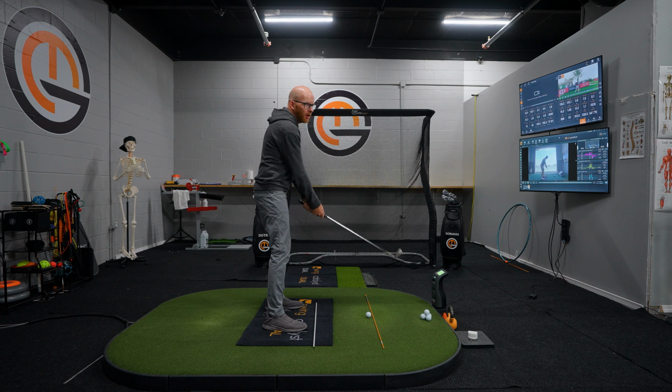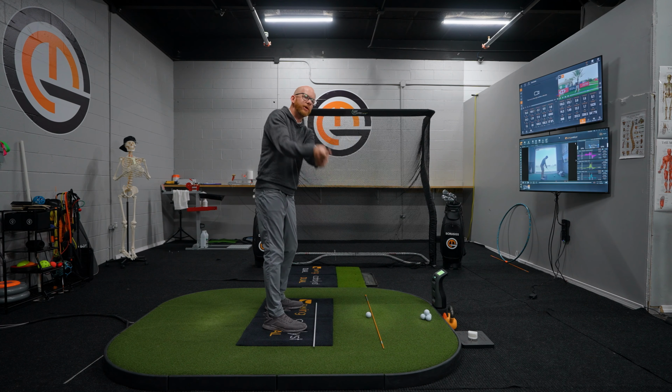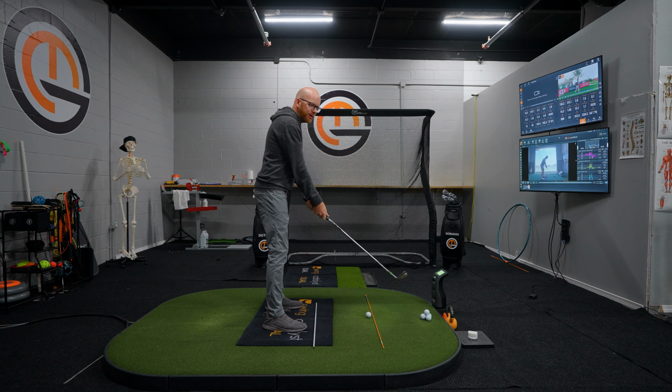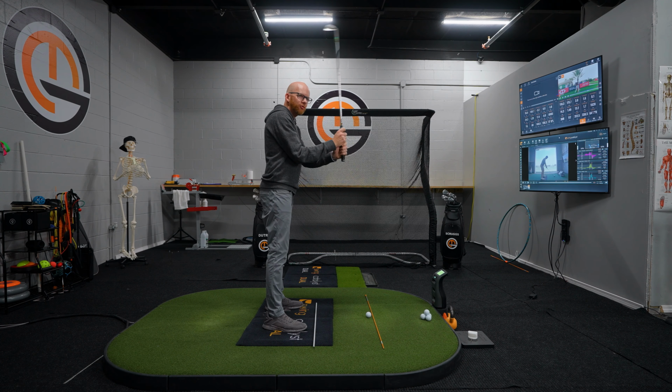So moving to the down the line camera, what these people will do that tend to get the club moving kind of low and around their body this way is they'll go for the lift technique. And when we talk about lifting the club up, what we tend to see is that players get too much flexion going on in the arms, and we tend to also partner that with a little too much radial deviation